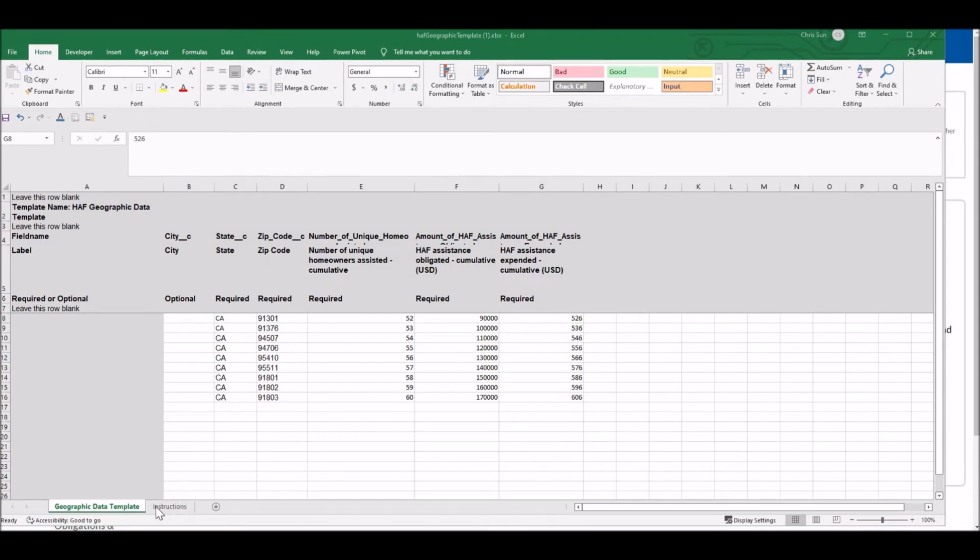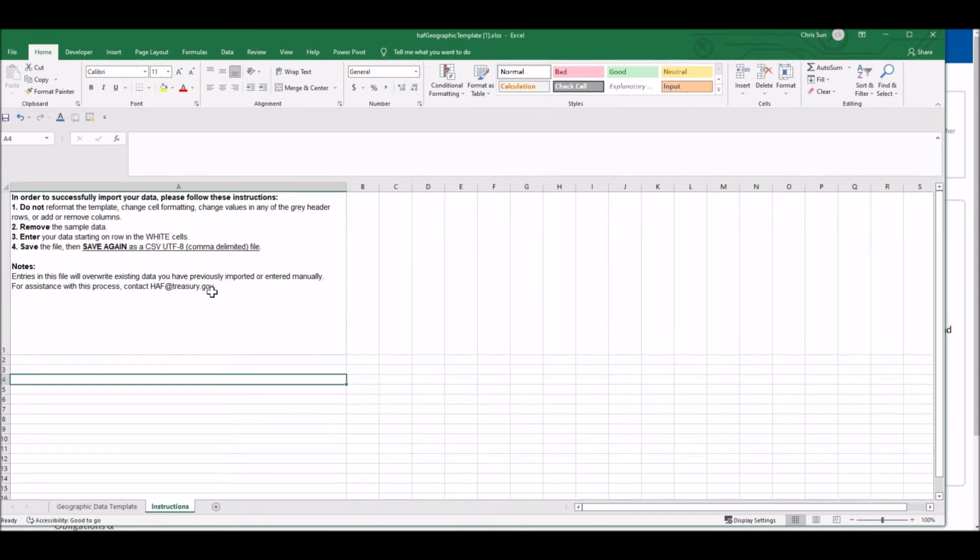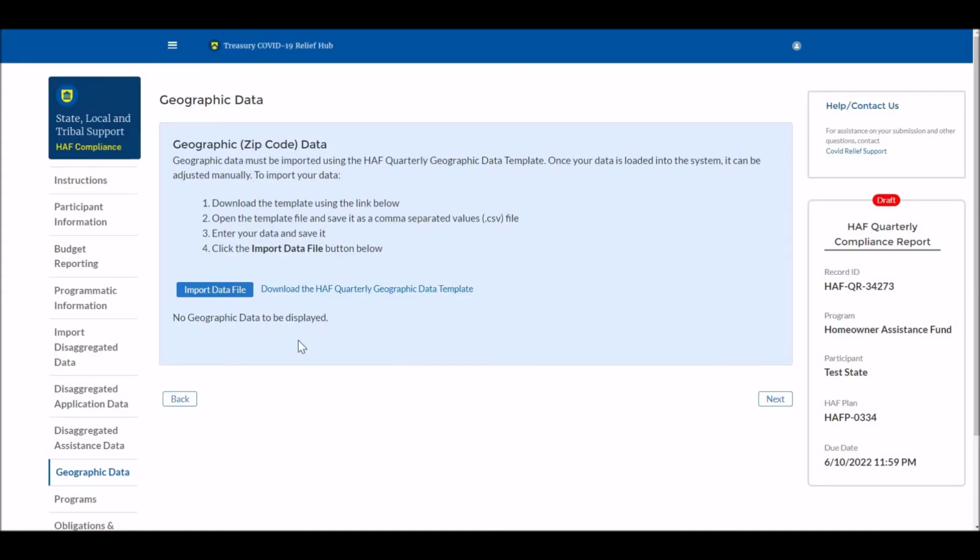Instructions are also available in the second tab, marked Instructions. Again, like before, we'll make sure that we save this file once completed under the file format CSV UTF-8. Once you've completed that file, you'll be able to similarly go back to the geographic data page in the portal,